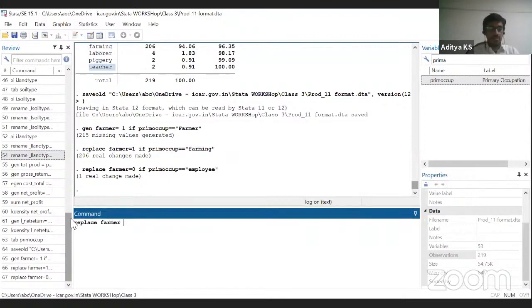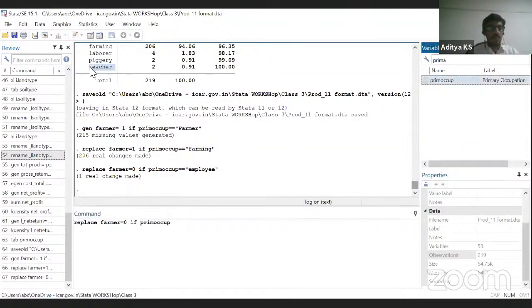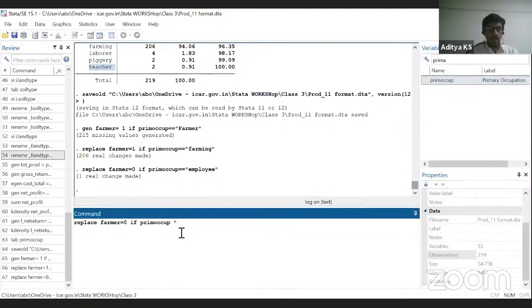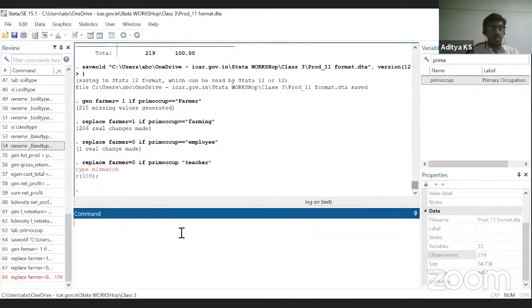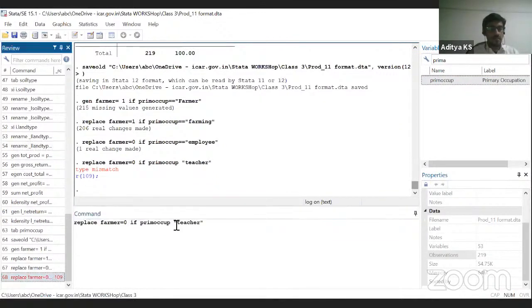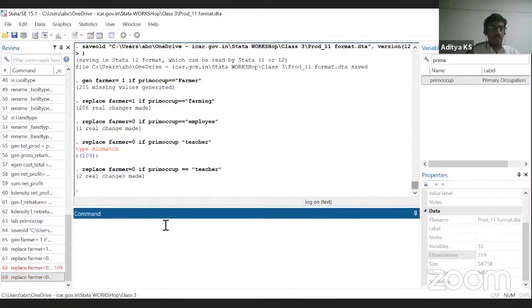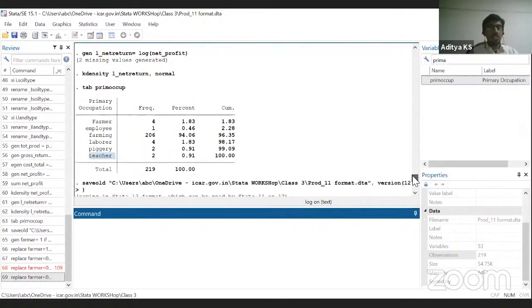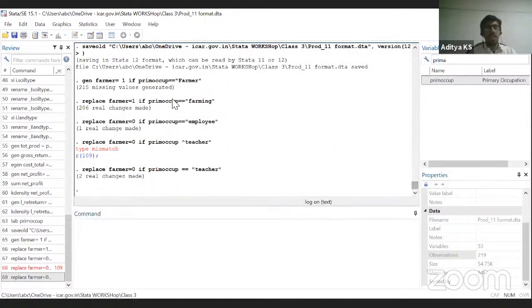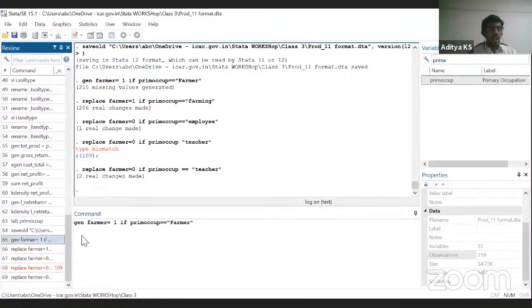Farmer is equals to, I will write separately itself. So similarly for all the occupations you have to write and then you have to create a dummy variable. But the simplest way of creating a dummy variable is